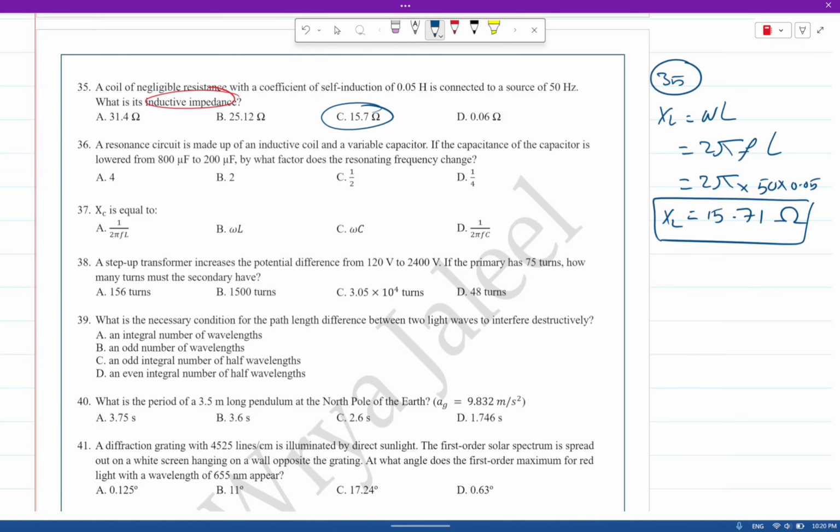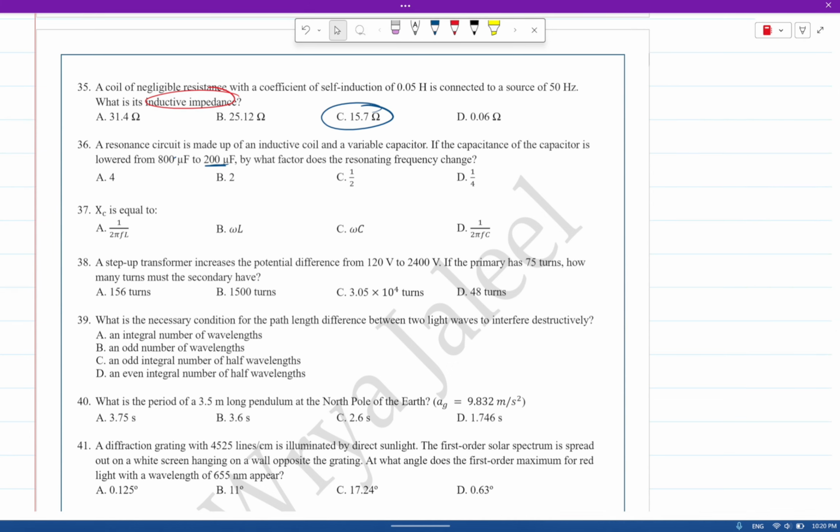Question 36 says, a resonance circuit is made up of an inductive coil and a variable capacitor. So the capacitor can change. If the capacitance of the capacitor is lowered or changed from 800 microfarad to 200 microfarad, by what factor does the resonating frequency change? Okay. So now, because we have two values of this, of course we can say this is a resonating circuit,